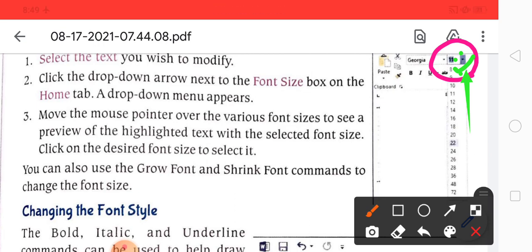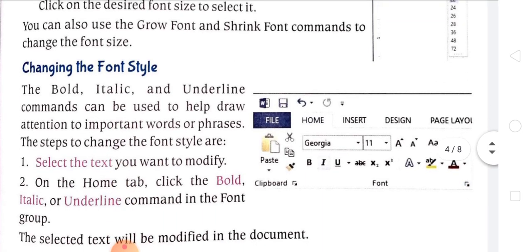Okay, then you see your text or your data is within the font size. Changing the font style. So here you see many options are also there for changing the font, that is bold, italic and underline. So again the process is the same.